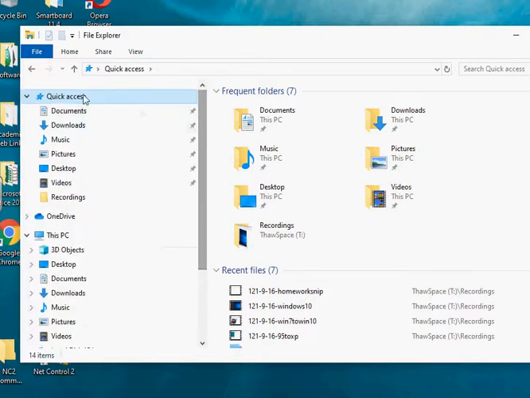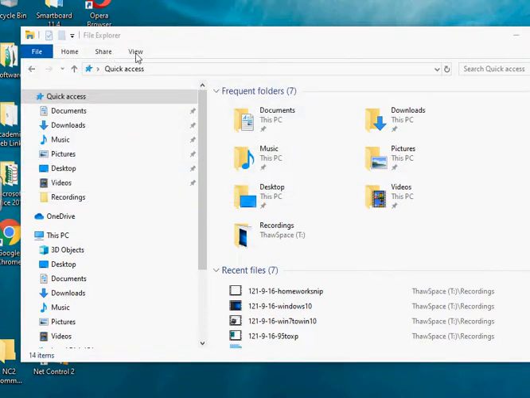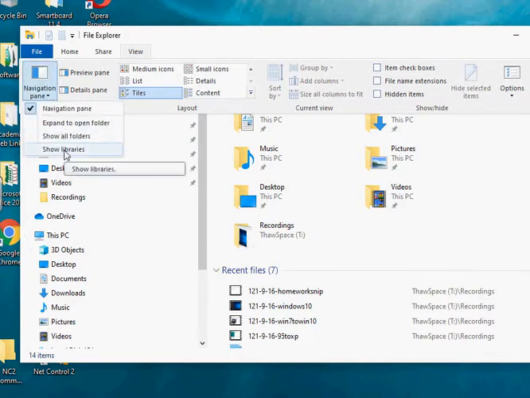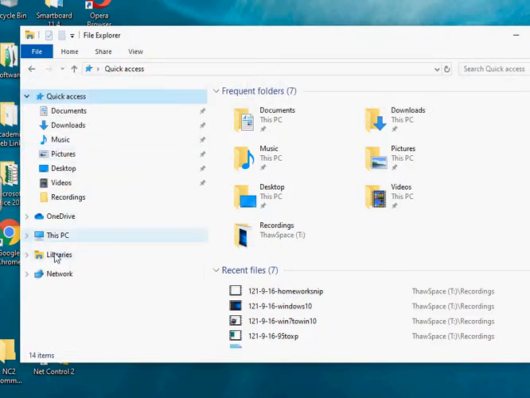Not right-clicked in the right place, am I? If I go to File menu and go to Change, you can see I do this often. Let me see. View? Is it in View? Yeah. Under View, under Navigation pane, you can say Show Libraries. Now notice if I close that, I can see the libraries. Actually, when I was right-clicking before, I was kind of right-clicking on the folders. If I right-click in a white space that isn't actually a folder, then you can see the option to show